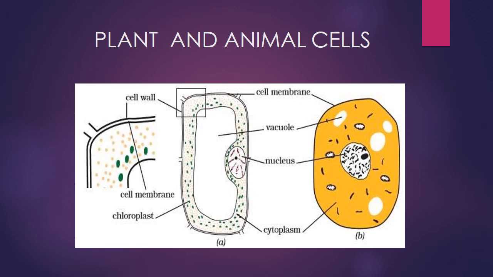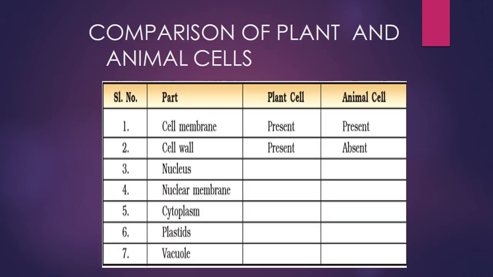Here from this slide, you can have an idea about the structure of plant and animal cell. As I have already told, in the plant cell there is a large centrally located vacuole. And because of this reason, the nucleus is shifted towards the periphery. But in case of animal cell, the nucleus is present in the center. So this is a comparative study of plant and animal cell. There are various parts. You have to recognize whether it is present in plants or it is absent.